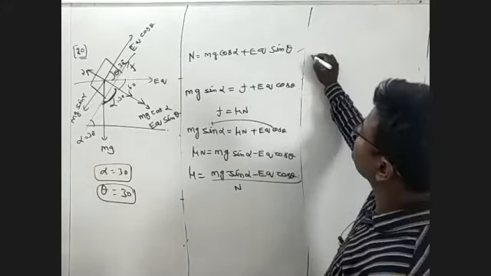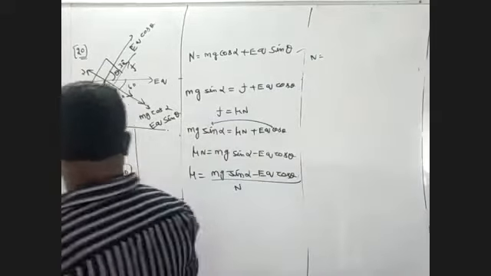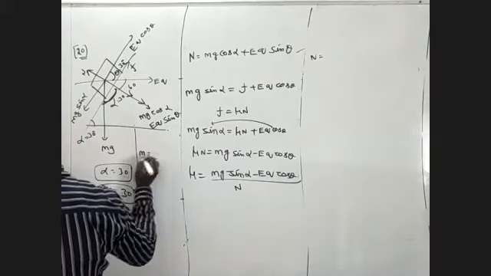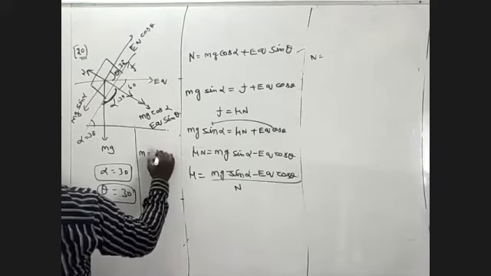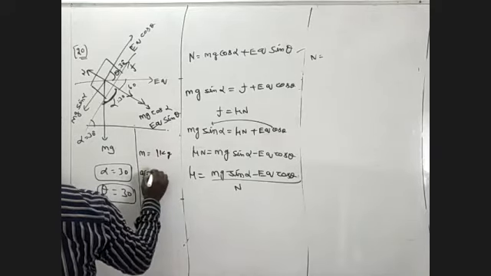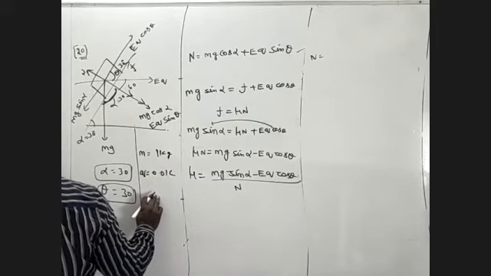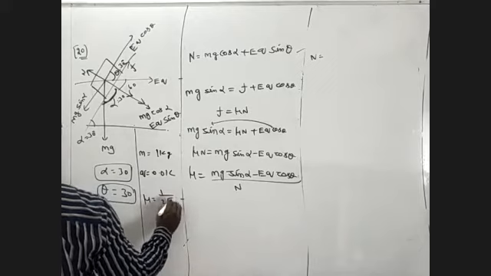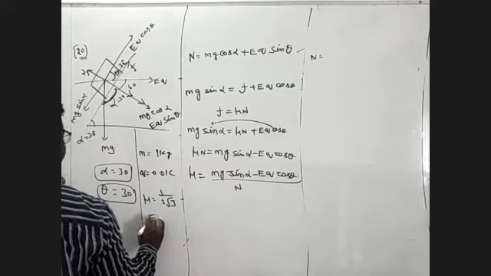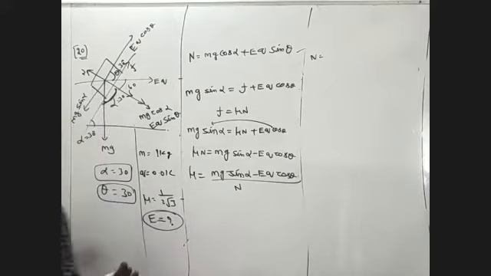Now come to the point. I'm going to find out the N. N is equal to m g, where m is the mass of the block. M is equal to 1 kg, charge is equal to 0.01, and coefficient of friction mu is equal to 1 by 2 root 3. But we have to find out the electric field E. We are going to find out the E value.